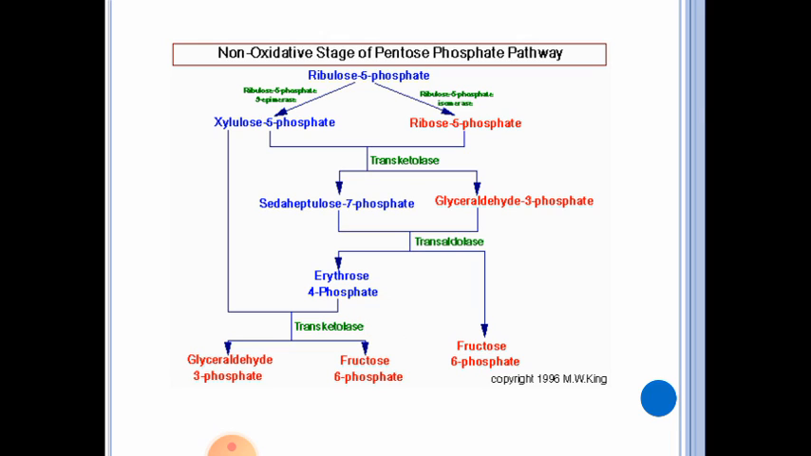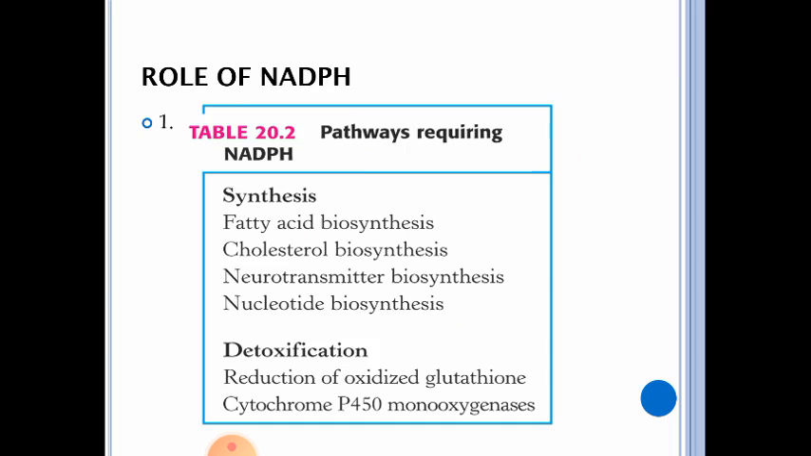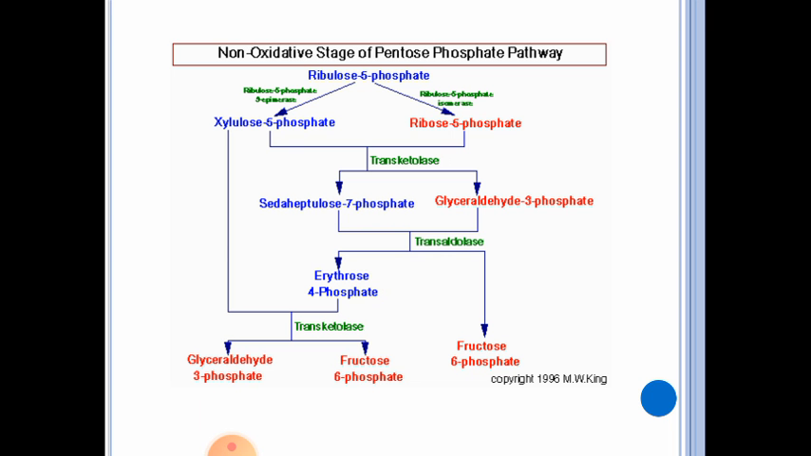So this is the non-oxidative stage of the pentose phosphate pathway. Ribulose undergoes epimerization as well as isomerization with the help of enzymes and forms xylulose and ribose 5-phosphate, and that together with the transketolase enzyme can get converted into sedoheptulose 7-phosphate and glyceraldehyde 3-phosphate. That, with the help of the transaldolase enzyme, is converted into erythrose 4-phosphate and fructose 6-phosphate, and the xylulose is converted to